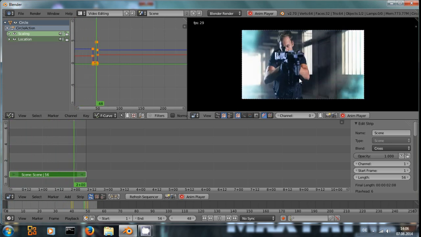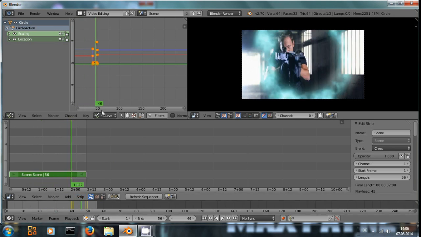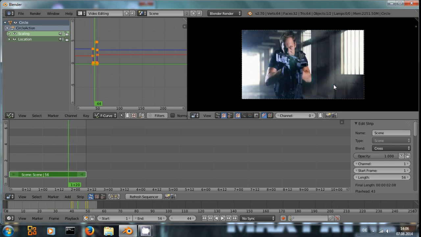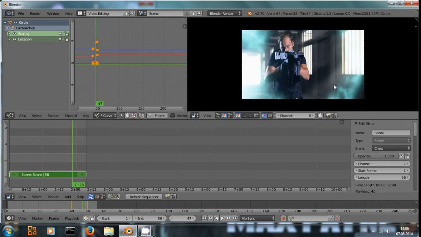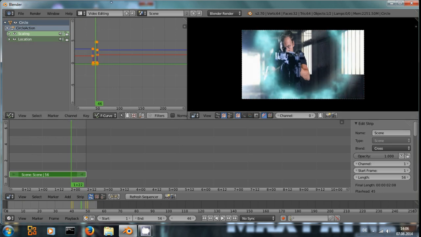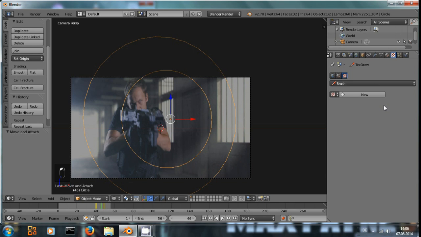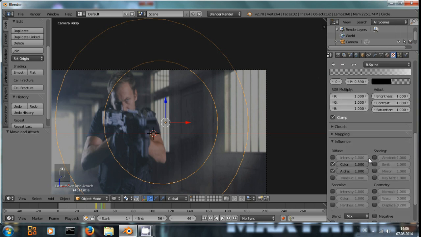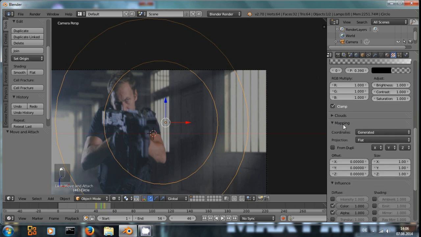This already looks okay, but there's one more thing we can improve. Right now the structure is the same on every single frame, and I mean the noise structure. And if we go back to default 3D view and the material right here, if we, where is it, clouds, no, mapping,